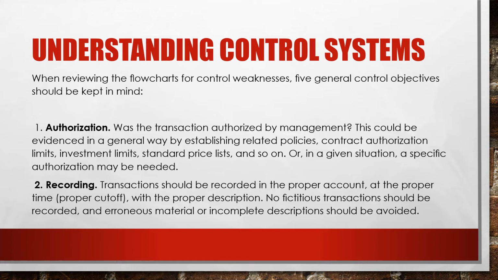So in terms of making a transaction with the management, there should be written documents to prove that you are being authorized. For example, if your printer in the office broke down, there must be a written request to repair that machine or equipment, approved by your supervisor or by the owner of the company. Second, recording.